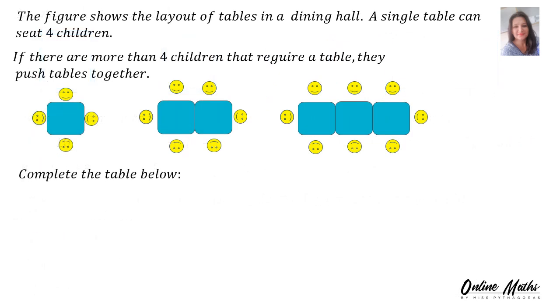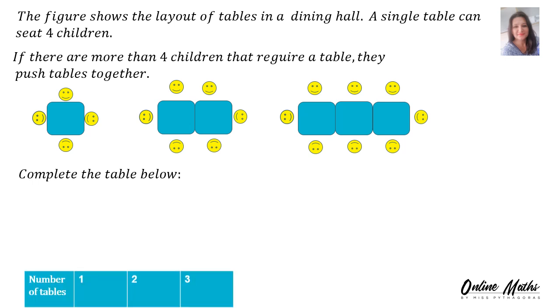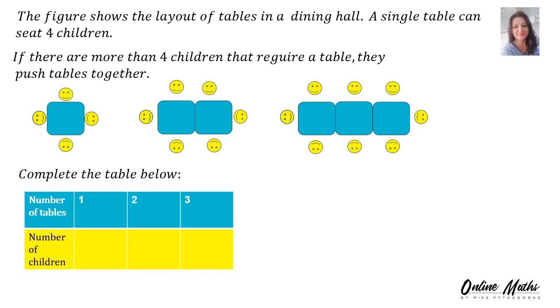The figure shows the layout of tables in a dining hall. A single table can seat 4 children. If there are more than 4 children that require a table, they push tables together. Complete the table. So first of all, the number of tables are given 1, 2, 3, and now the number